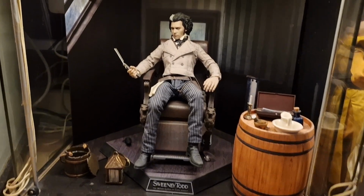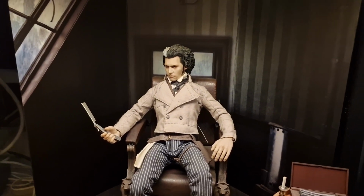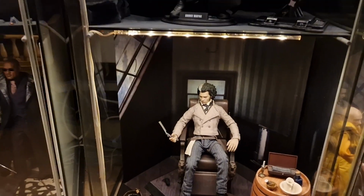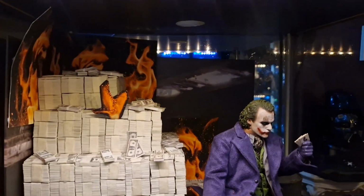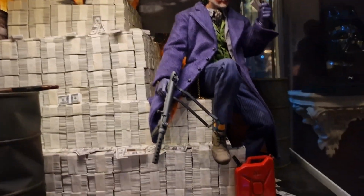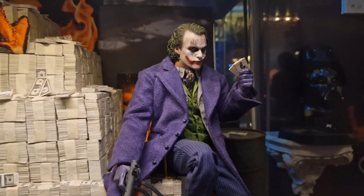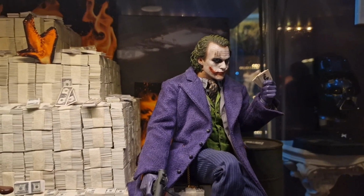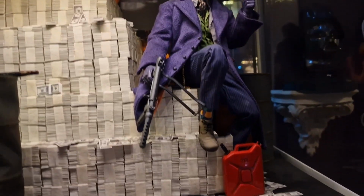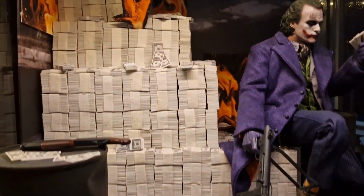And quite a sought after figure, really. It's really quite good. Okay, here we go. The DX11, my third ever Hot Toys, my second ever figure. Still love this figure. Never had him custom. I quite like it as it is, and I've still got everything he goes with,